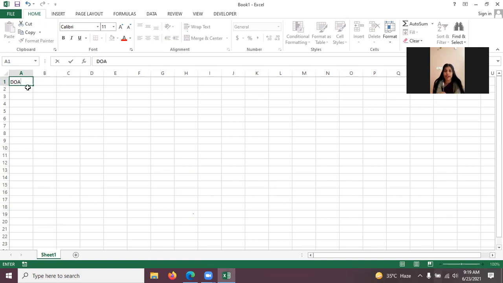Write down DOA. We are writing DOA for date of admission. Now, beside it, in B1, write fee. So in column A we are going to write the date of admission of the child, and in column B we are going to write the fee structure of the child in whichever class has been admitted. How will you do that? You just have to write the number here. You can write any number, like today's date you can put. Just write only the number. And beside the fee, write down 5,000.